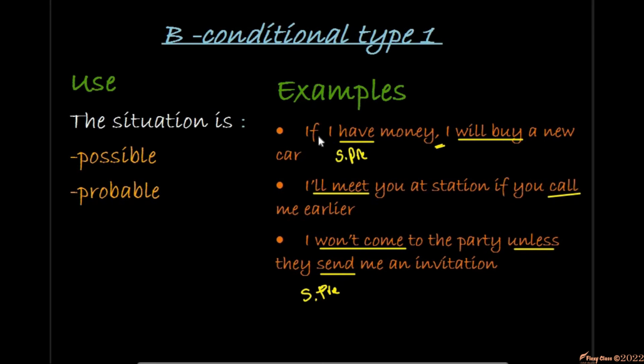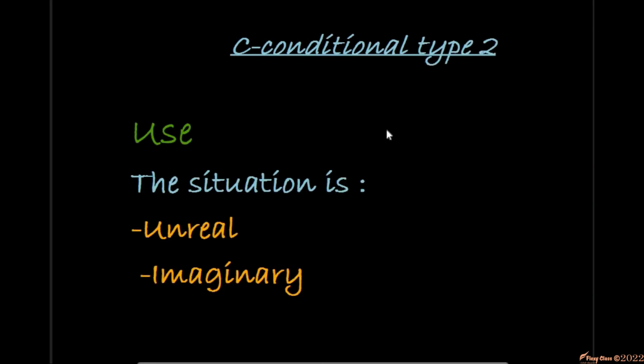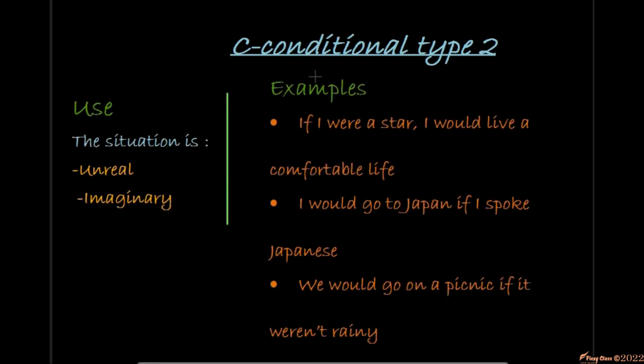Let's move on to the conditional type 2. Here we use this conditional when the situation is unreal or imaginary. شي حاجة غير حقيقية وشي حاجة كي imaginaire. D'accord? خيالية. Let's see some examples. Okay, قلنا